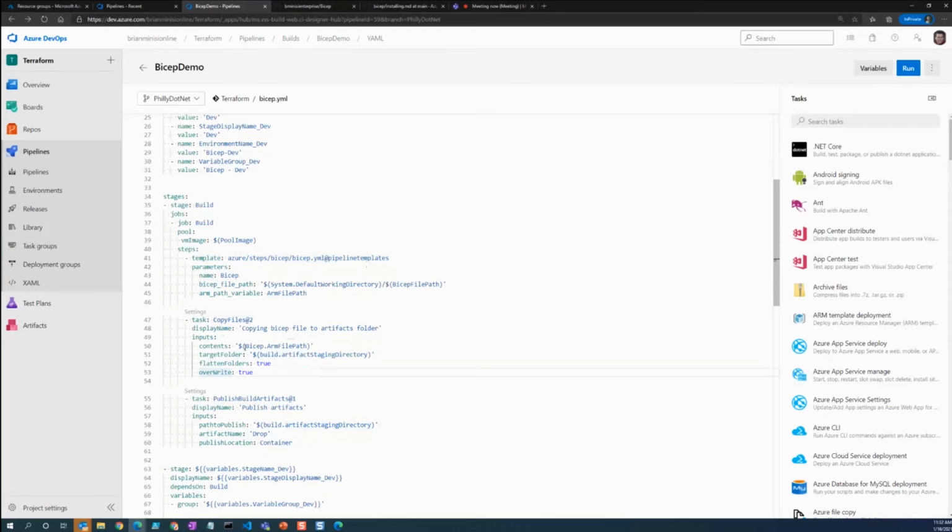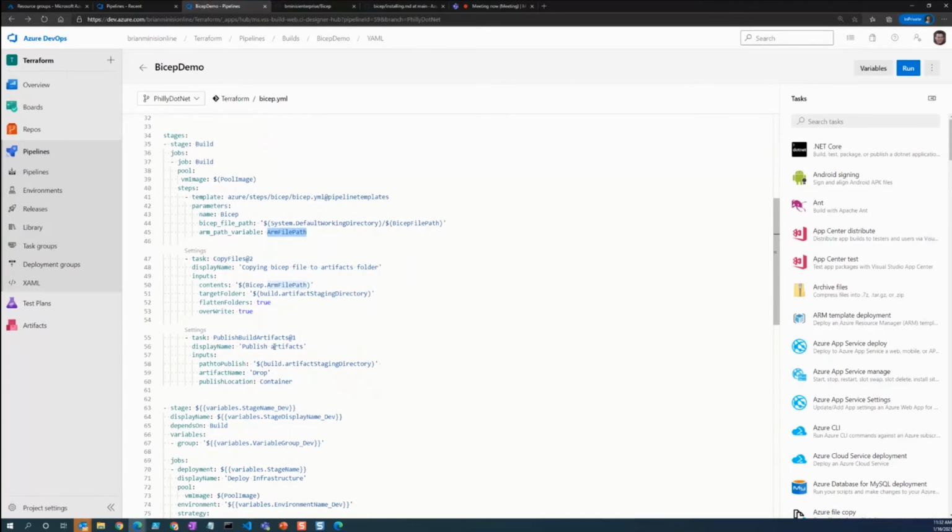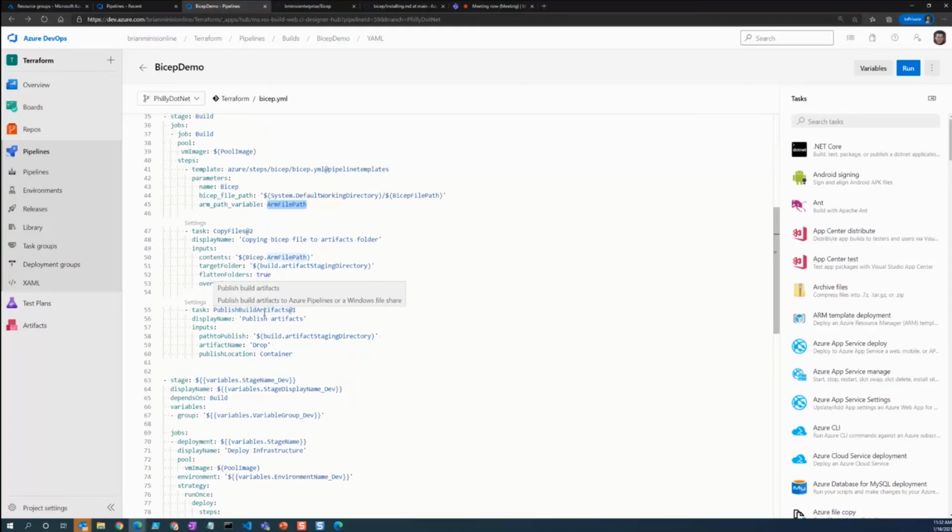You can see here the contents are this bicep.arm file path, and this is going to give us the path to our ARM template. The next thing we're going to do is publish our artifact into our artifact staging directory, and we're going to have the artifact name be the folder name, drop.